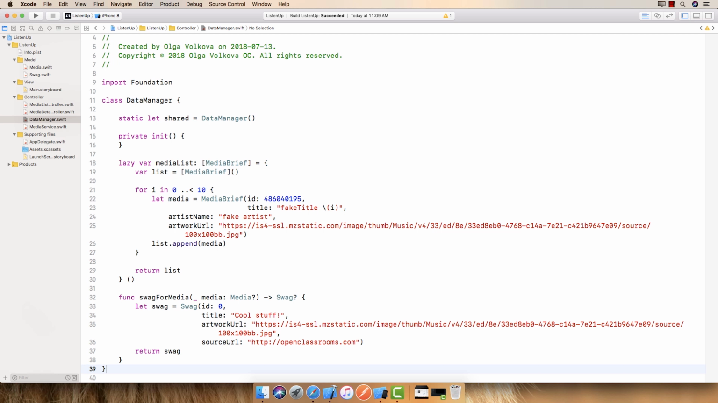First, we're declaring a static variable called shared that initializes the object itself. Then we have an initializer that we declared as private. This means that only this class can access this initializer. This technique implements a code design pattern that is called singleton. It means that in the scope of our code, we always are going to have only one instance of that